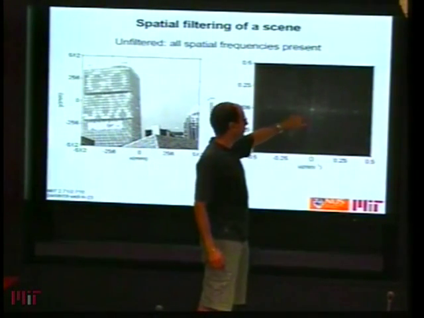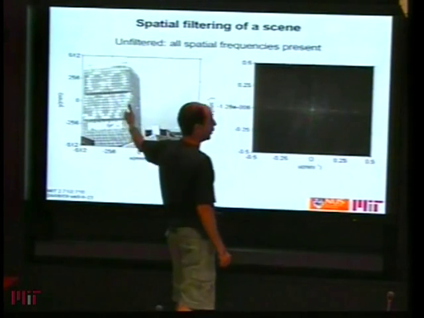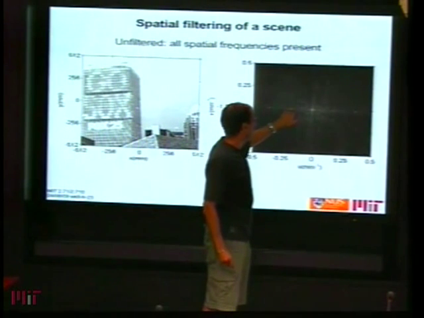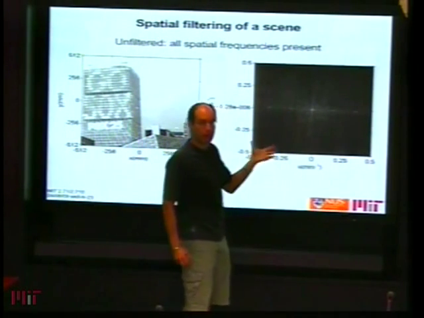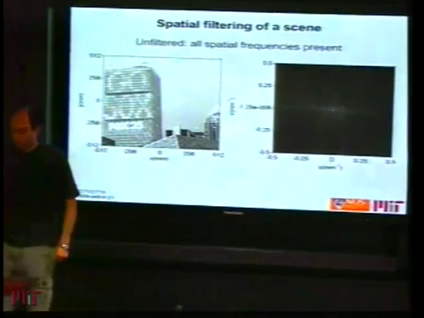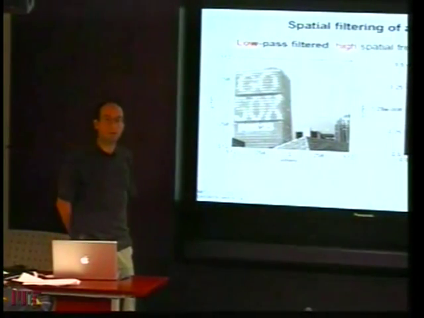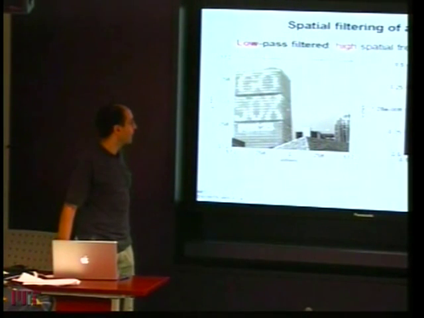So the windows, if you recall, are kind of periodic in this high-rise here. They correspond to these dots in the frequency domain, kind of like delta functions. Because in this case I have blocked the dots, you see that the windows disappear from the high-rise. And of course you can do other funky kinds of filters.